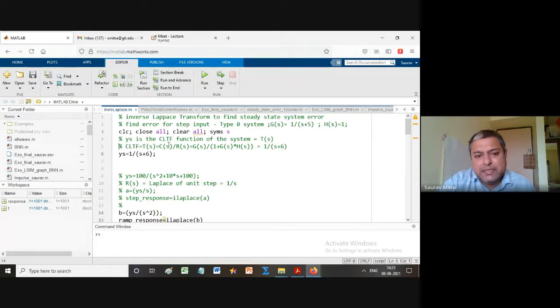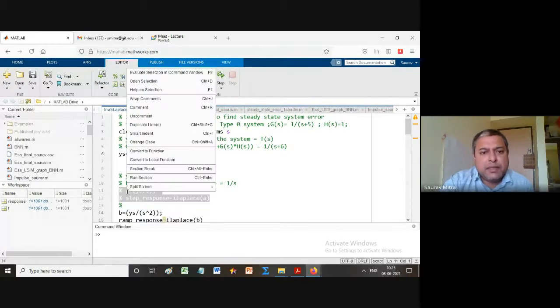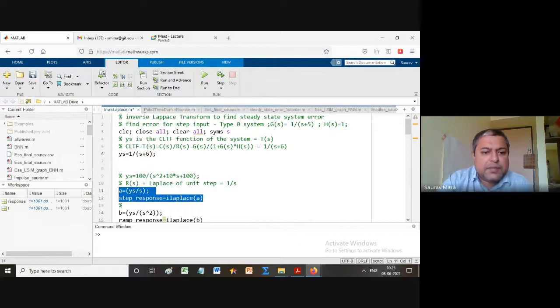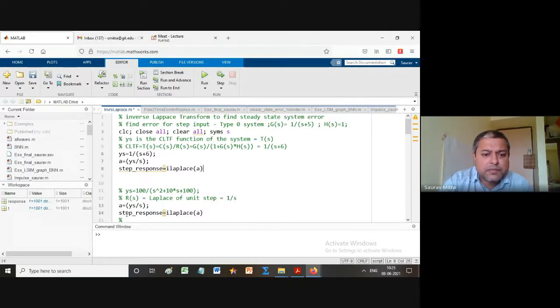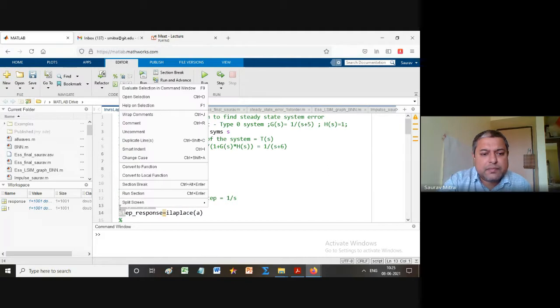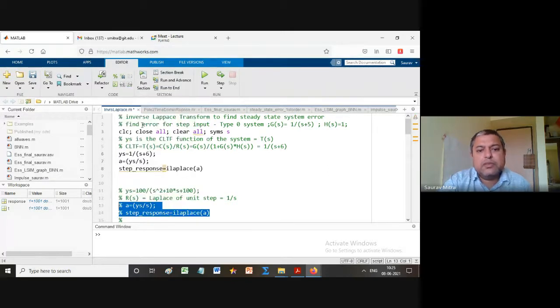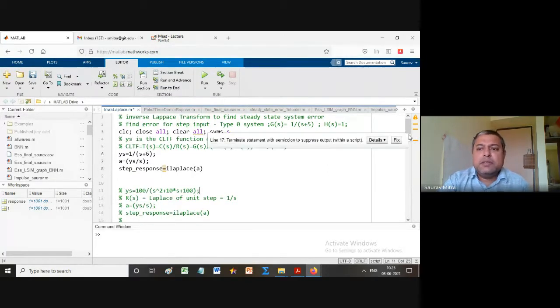Now we want to find C(S). So how do we find C(S)? Everything is given here: the step response. Here we are finding the step response of the system. So uncomment this, and this code I will just take above. Only this much you have to do. We are actually transferring the system into the time domain. It is only a 3 line code.